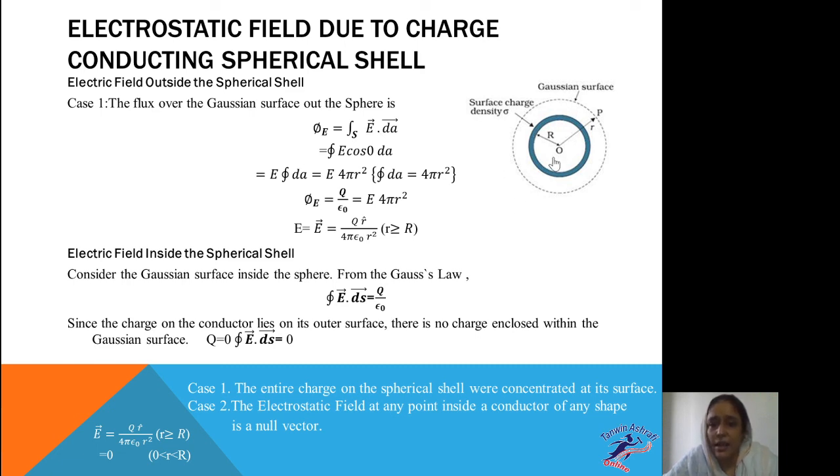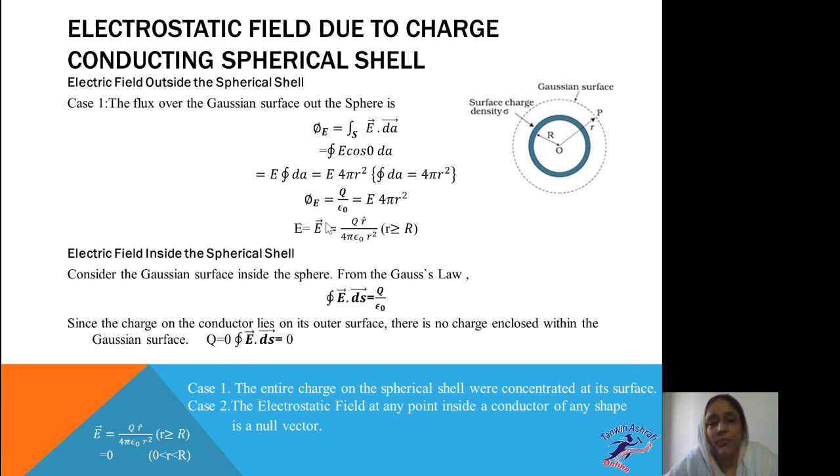Again, these are parallel to the area vector, so cos theta is cos 0 degree, which is nothing but 1. E will come out of the integral, and the integration over the closed area dA is nothing but 4 pi r square, the area of a